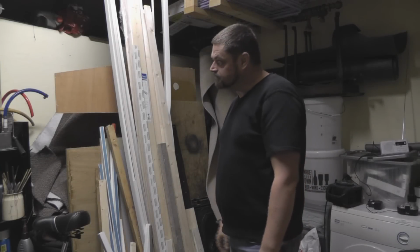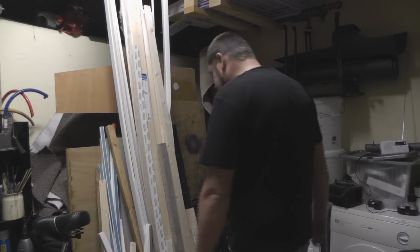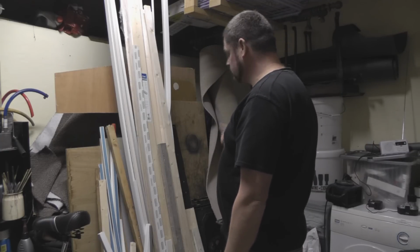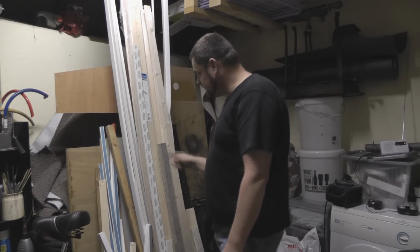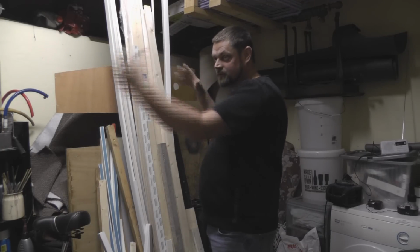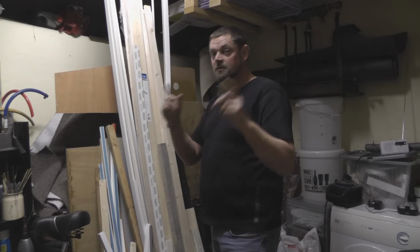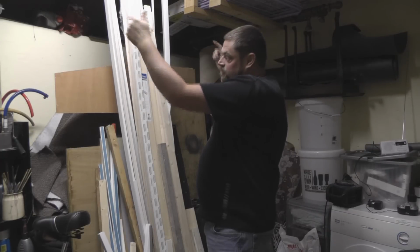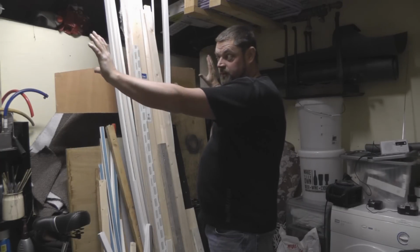Cupboards in my van. So I've tidied up in here a bit, and I'm going to have a look and select some wood out of my scrap store now to see if I can get anything, just to make the first row of cupboards. So if you can remember inside my van, picture now. Okay, seen it? Right. That area there is where I'm just going to put a cupboard,